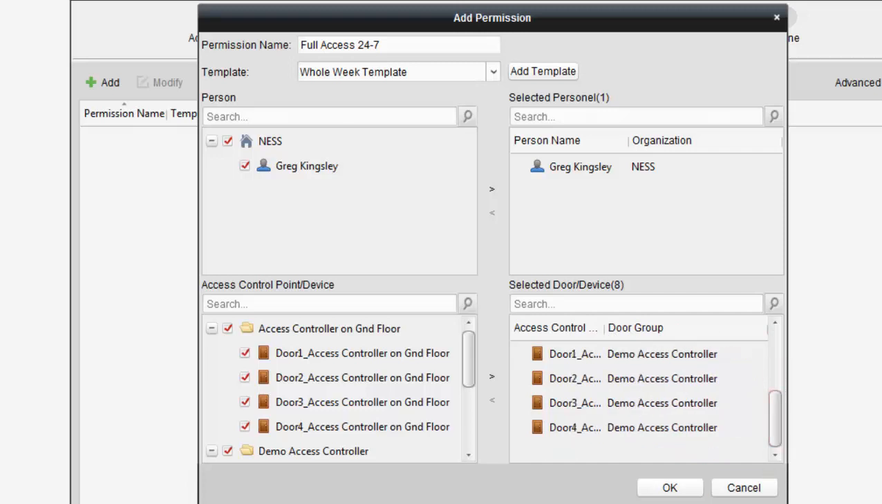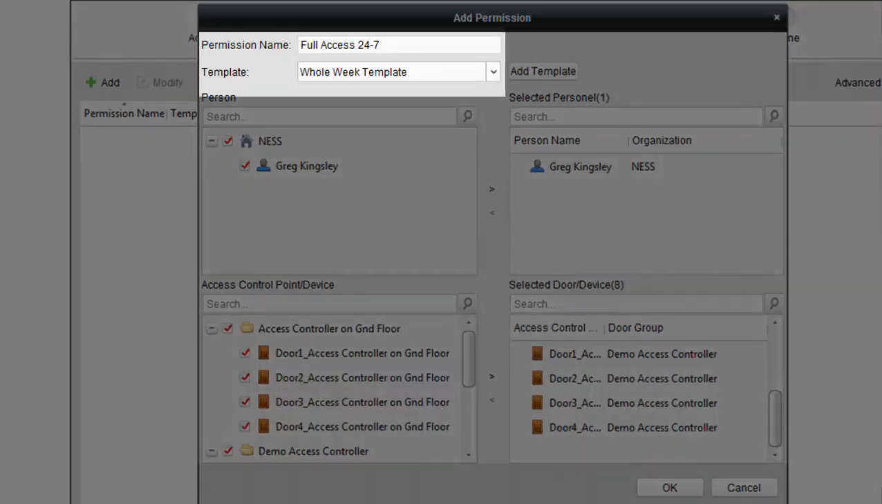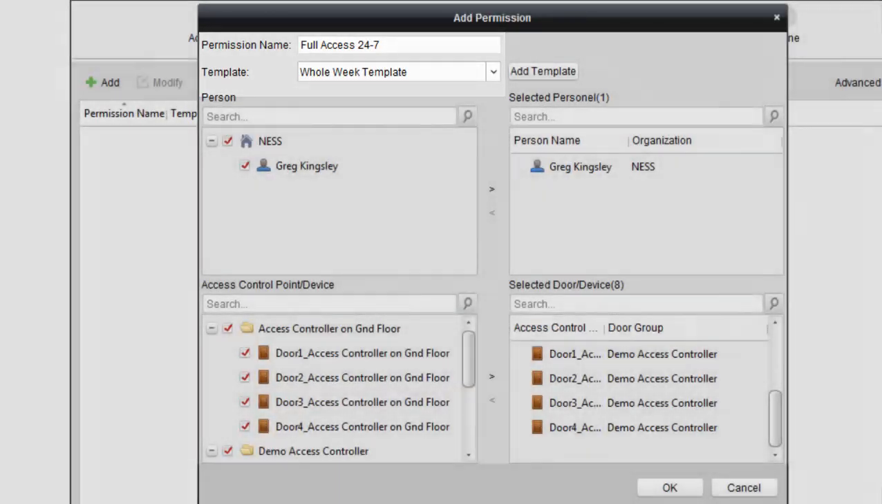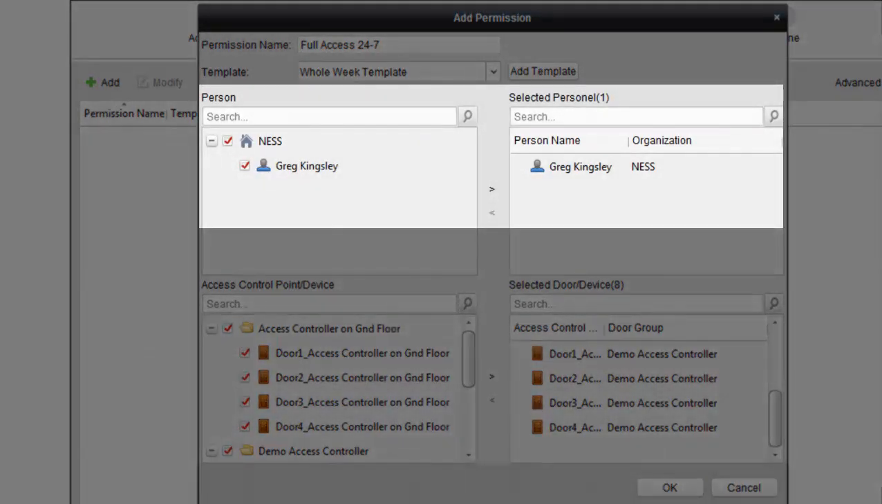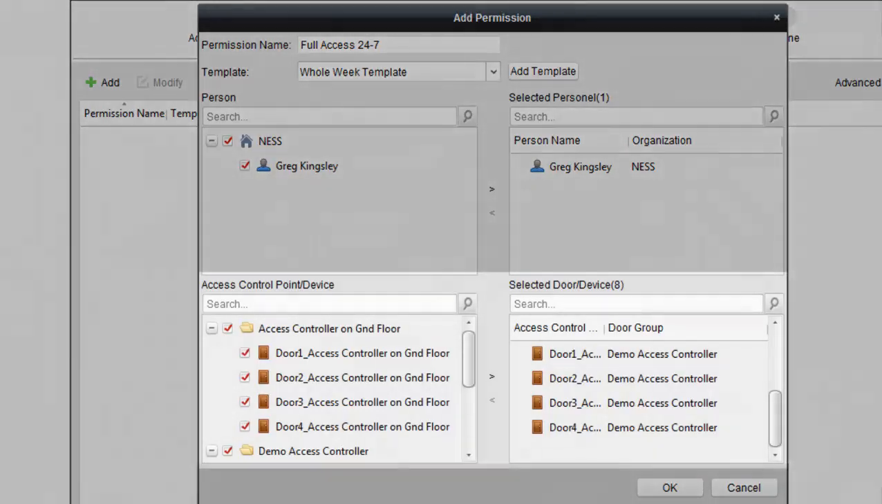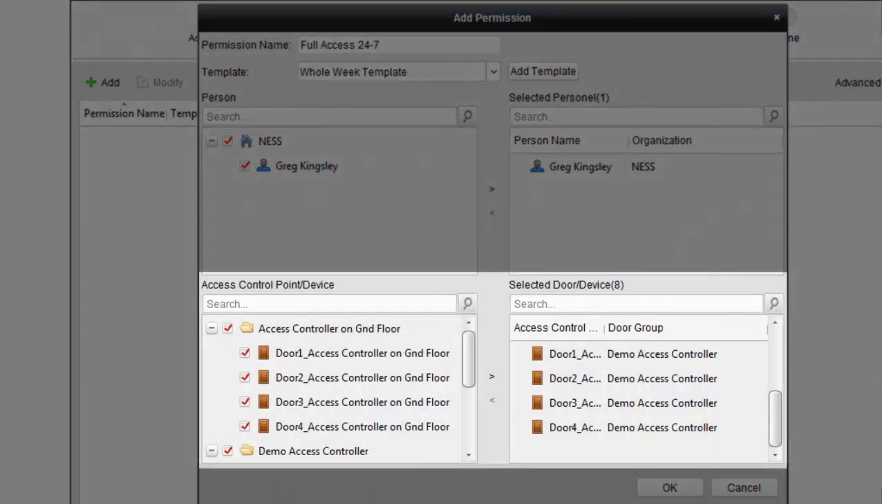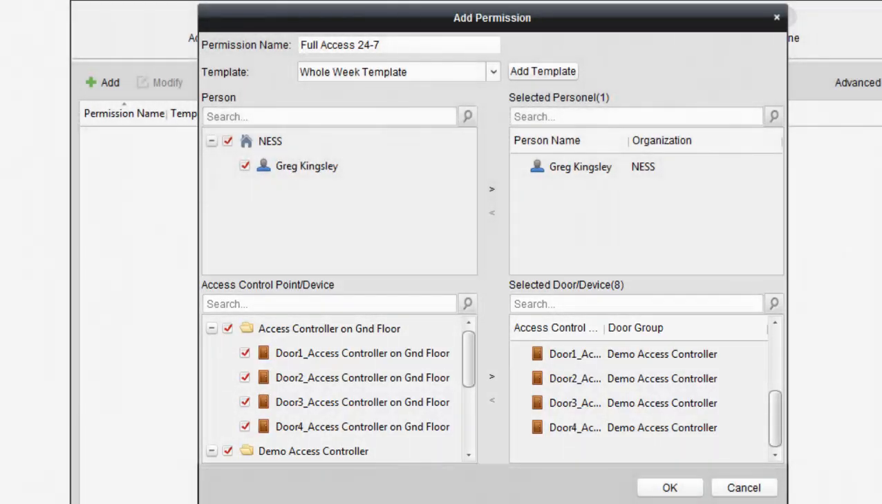So in this example we've given it a name so we can use it later, called Full Access 24/7. We've selected the template whole week, which is a default one, which is 24 hours a day 7 days a week. We've selected what users are going to be assigned to this permission, and we've selected what doors are going to be in this permission group as well. Once we have all this configured, we can then click on the